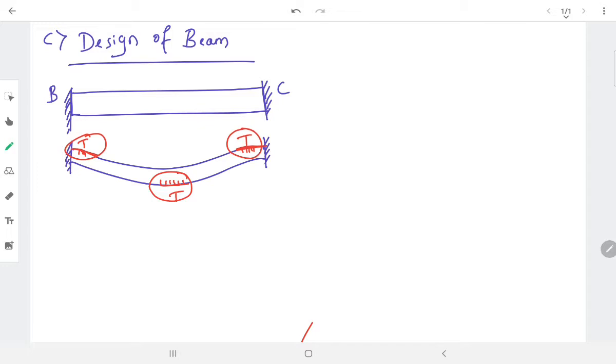And when we go for detailing of the beam, when we draw the bars, at that time we should take care that wherever tension has been developed, there the main reinforcement has to be provided, and in the other part we can provide 50% of the reinforcement. Right, now let's draw the support cross section.